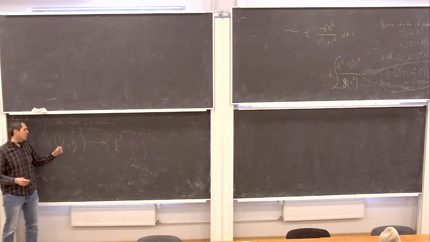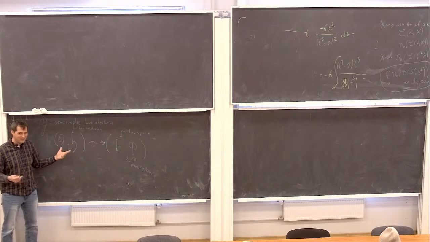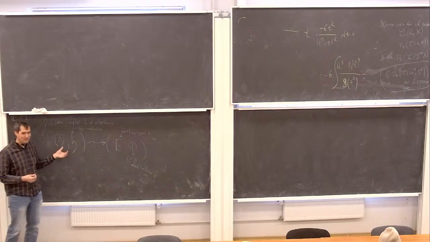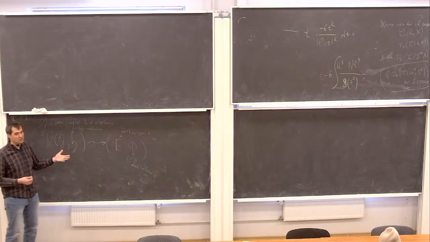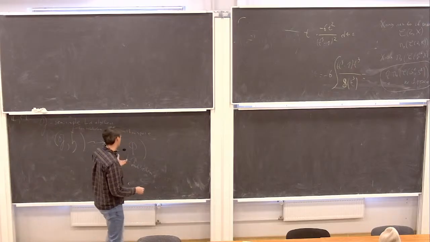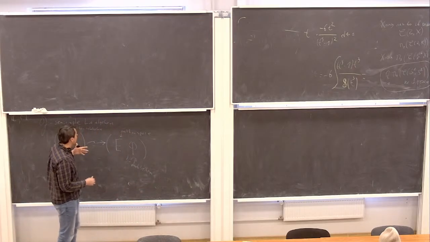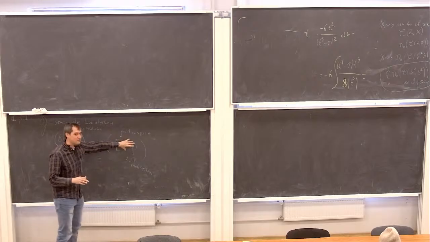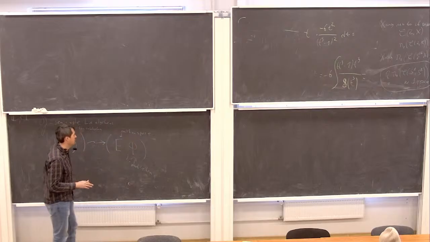So first of all, why is it correct? We still haven't proved that it is a map. Because first of all, we should prove that it is a map, and then we should prove that it's surjective and injective. And that's true. Moreover, we can classify these objects, and this is simple. We will do it maybe next time.